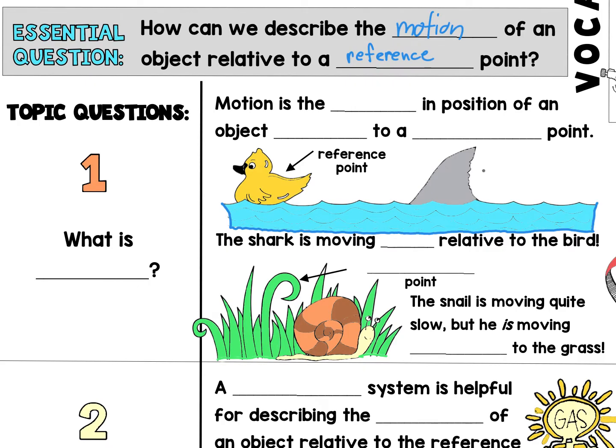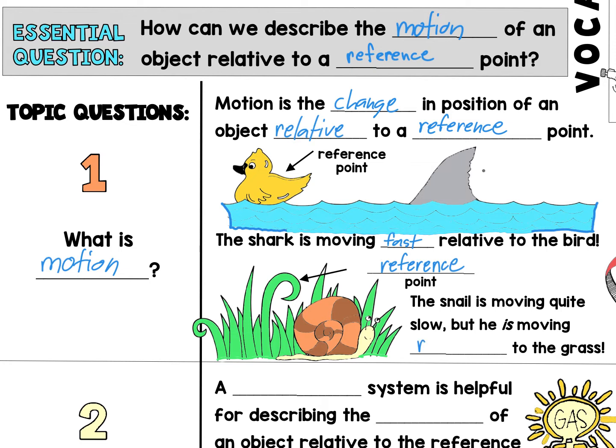Now, let's consider topic question number 1. What is motion? Motion is the change in position of an object relative to a reference point. Let's look at the first example. Here we have a duck and a shark. The shark is moving fast relative to the bird. In the second example, we have a snail and some grass. We consider the grass our reference point, and the snail is moving quite slow, but he is moving relative to